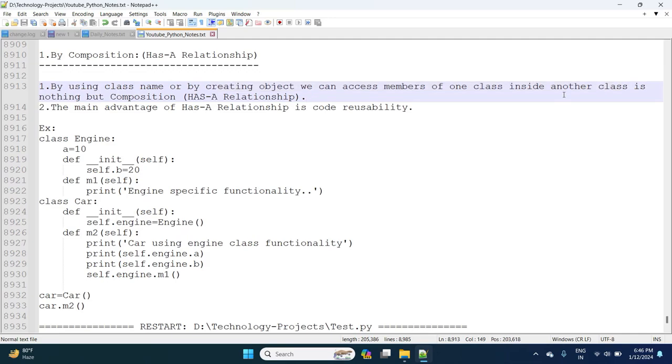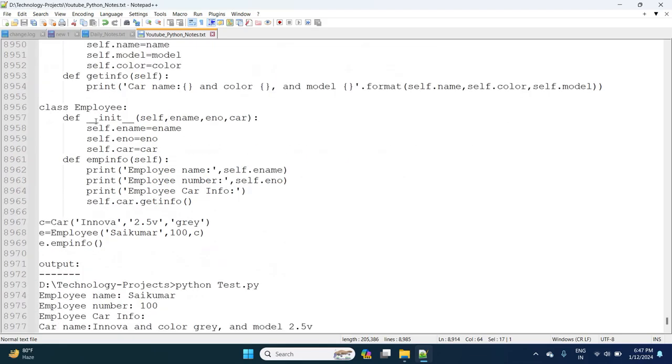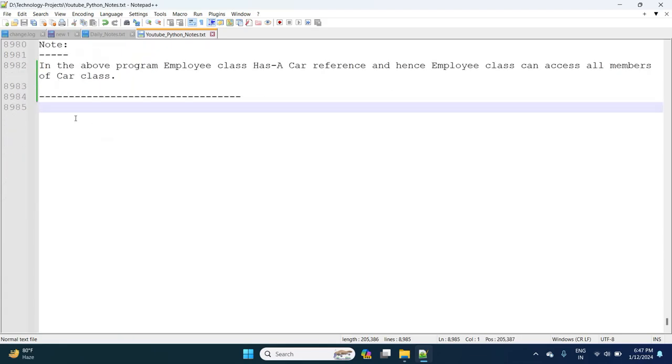The main advantage of composition is code reusability. We observed two programs: the first with the engine class and car class, and another example with the car class and employee class. Now today we are going to discuss